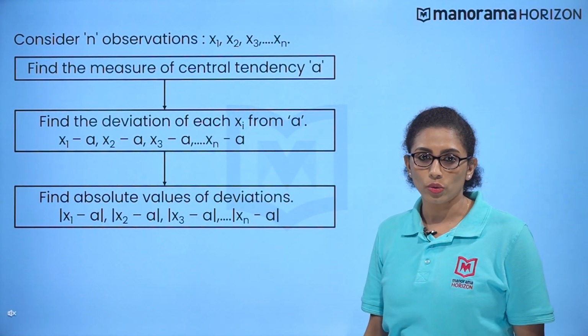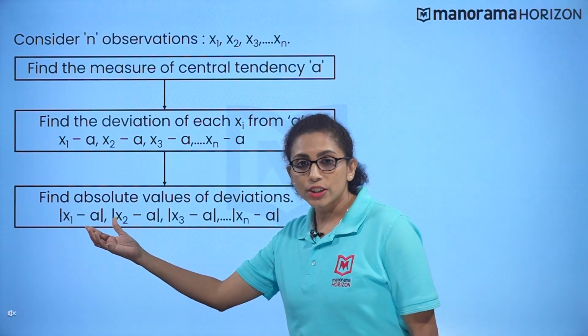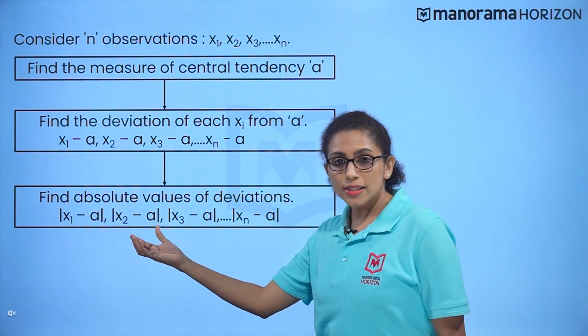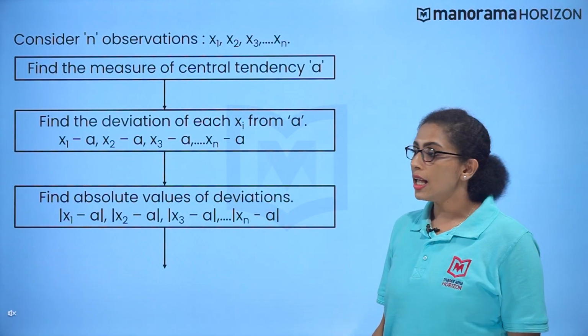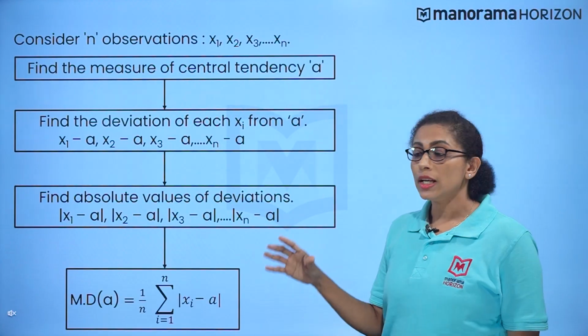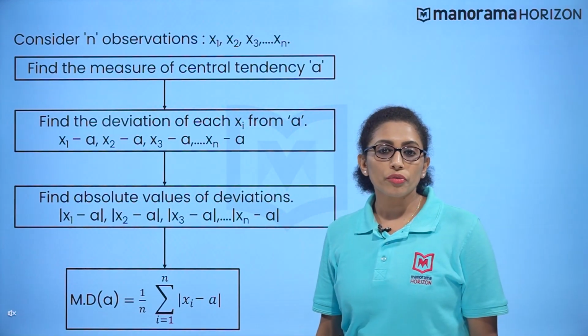Take the absolute value. So we get modulus of x1 minus A, x2 minus A, like that modulus of xn minus A. And the last step is to find the mean of the absolute values of the deviations,